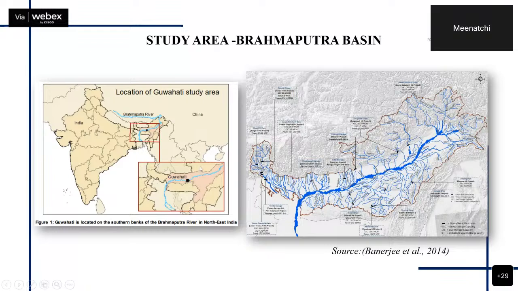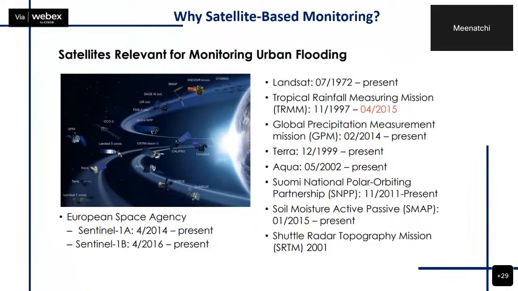And as you can see, it has a very vast number of tributaries, and the river discharge of Brahmaputra is around 90,830 millimeters square, and there is a maximum peak discharge recorded at various stations in the Brahmaputra river basin. And satellite-based monitoring of urban flooding is required, because it has wide coverage and timely and